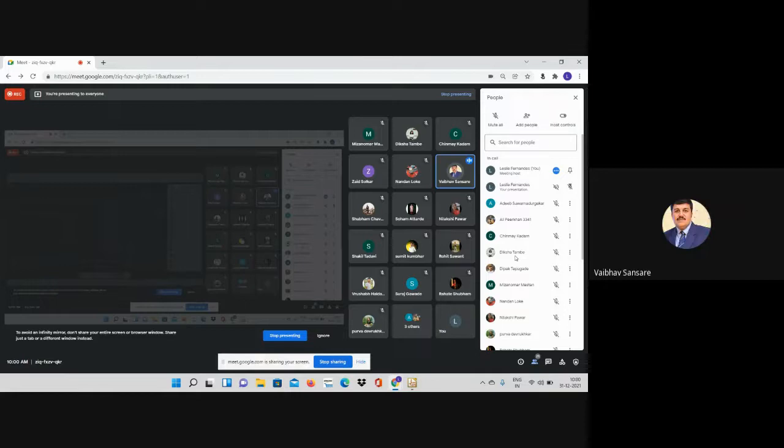If you are interested in creating groups on your own, you can form a group of maximum 4 students, so minimum 1, maximum 4. Send me that group information on my WhatsApp number, and we will finalize it. Otherwise, we will assign groups as per our choice, and we will circulate that tomorrow or maybe on Monday.